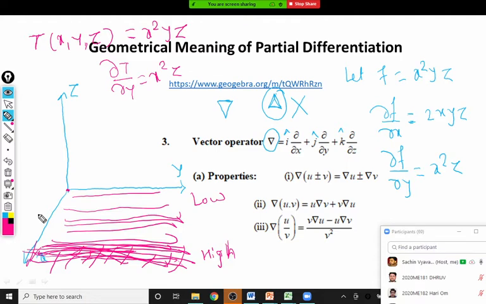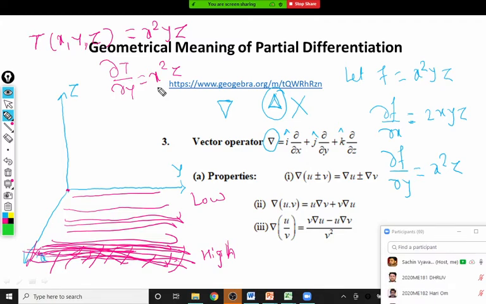Now come to the main point, the last thing. We are not interested in finding the rate of change of temperature. Can anyone tell me, first of all, what is the rate of change along the z-axis? x square y. Correct, x square y is the rate of change of temperature.